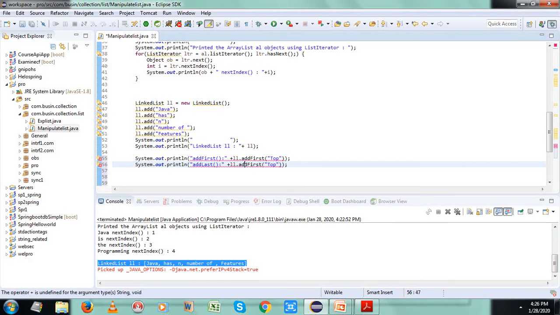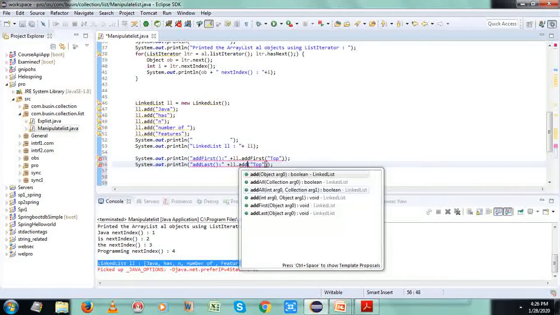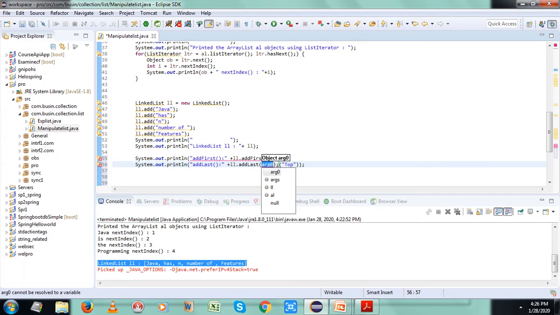Let me place it in a separate line. Right, it shouldn't be within the System.out.println statement. And let me call one more method, ll dot